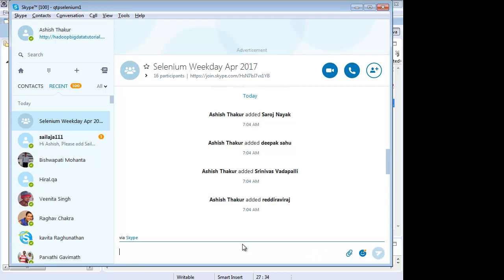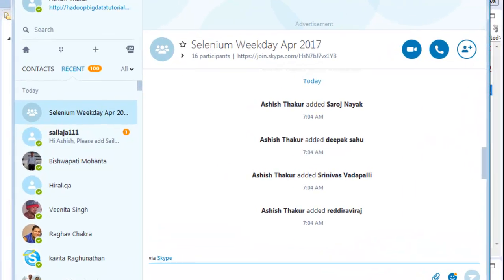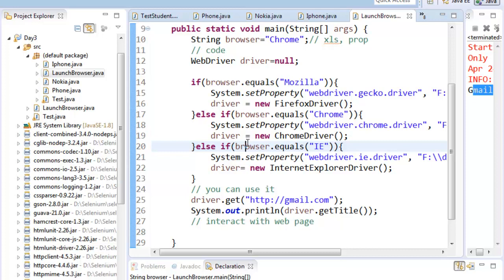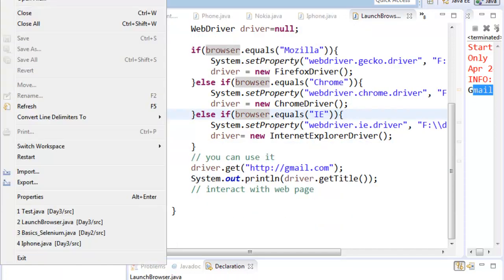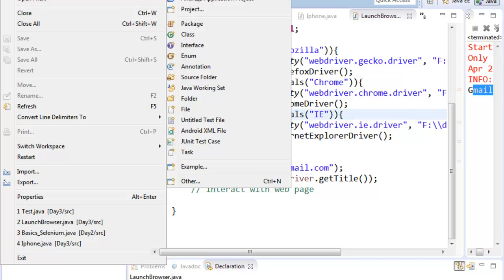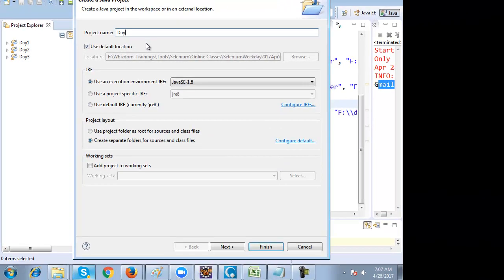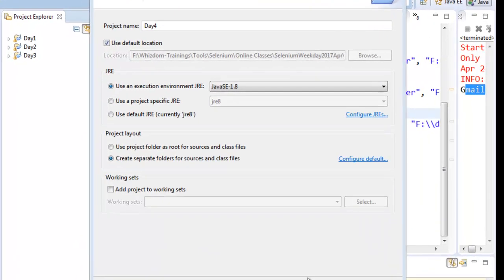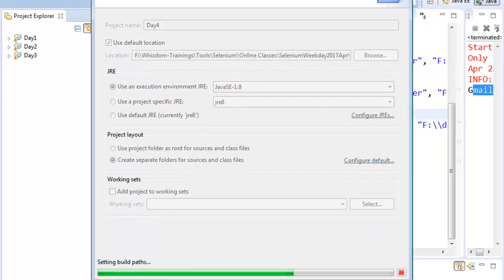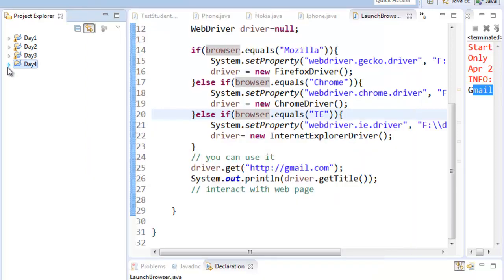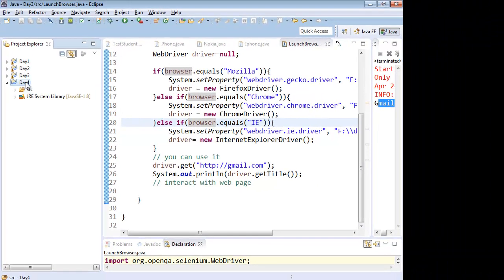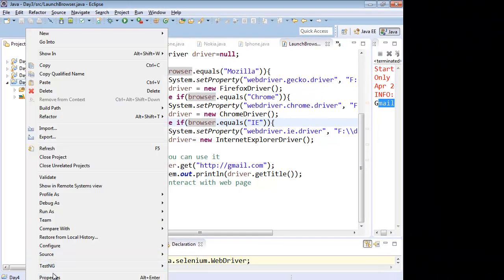All right, fine. So out here, let me make a new project today. I'll make a new project known as day 4. In day 4, let me add all the jar files of Selenium first.